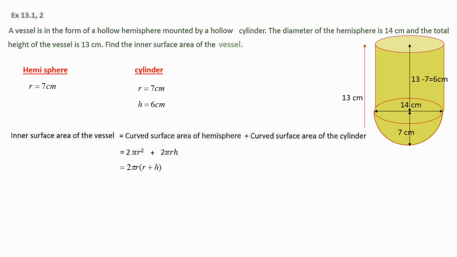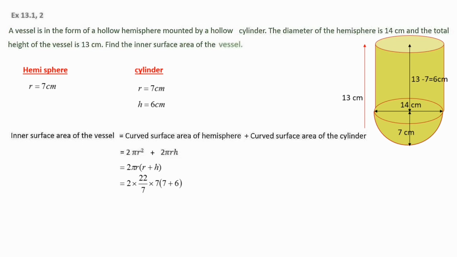Before substitution, there are two ways you can do this question. Either you can substitute and go for simplification, it's not a problem, that will be a little lengthy, or else in the formula itself we can just do the factorization so that the calculation will be very easy for you. So 2 pi r square here, 2 pi r h in the second term, and when you look at the formulas here, 2 pi r is common. So 2 pi r you take common outside, and here there is r balance. So r plus h, with 2 pi r outside, h is balanced. So 2 pi r into (r plus h) we have got.